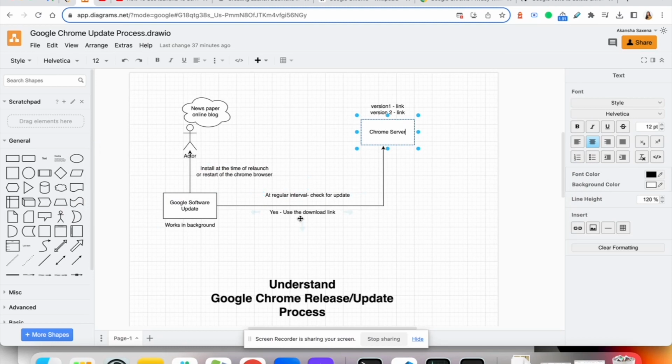Now in the coming video we are going to understand what information it sends, how the Google update server replies, and how it takes care of releasing the changes and creating patches and all. So yes,